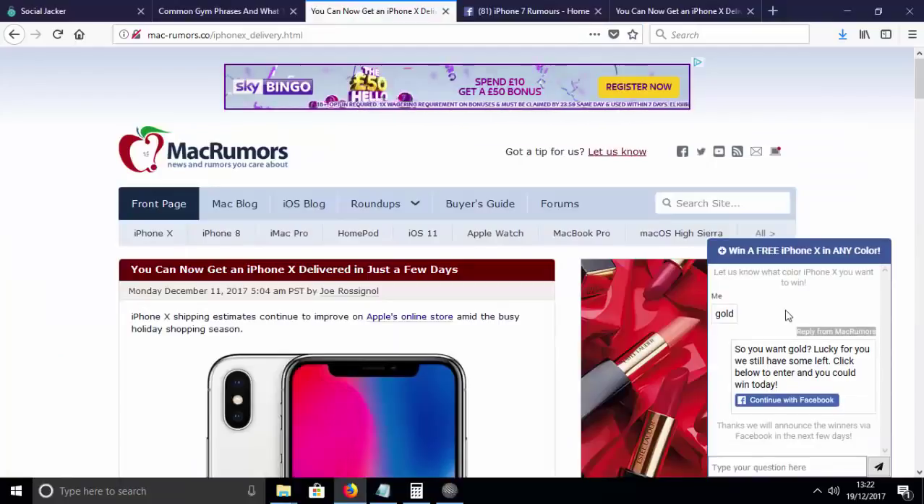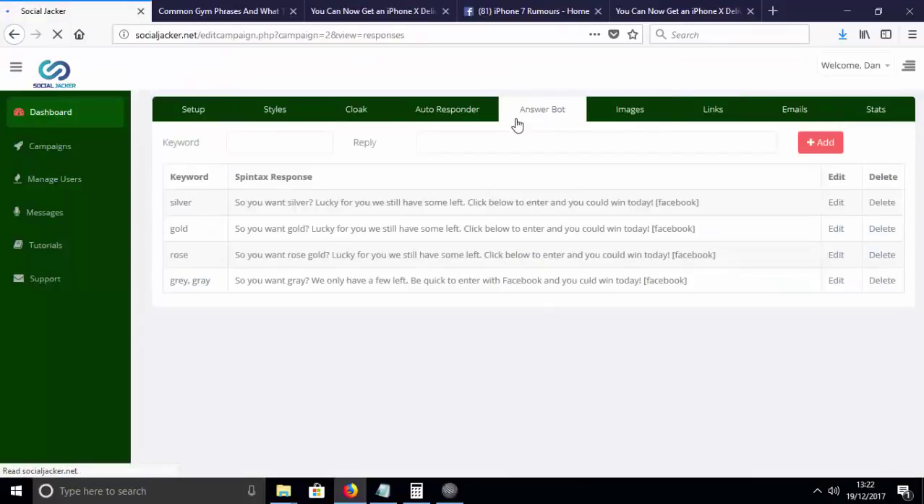Now at this point, you're probably wondering how does this thing actually work? How is it knowing what I'm saying and responding to it? Well, it's using a feature called the answer bot. So if we go to the answer bot here,